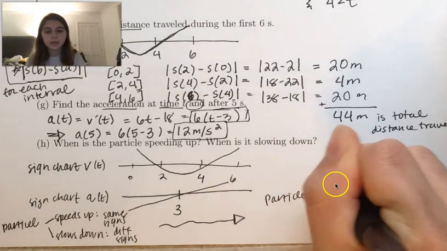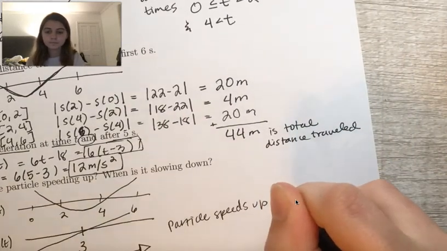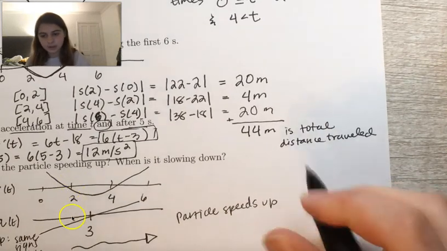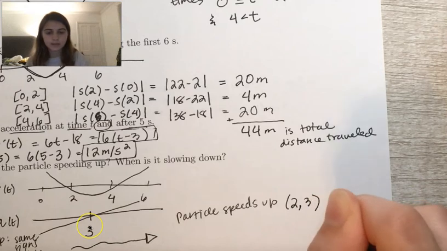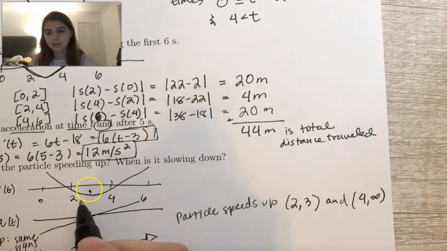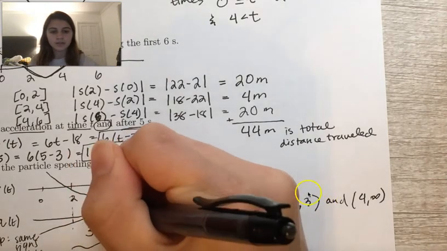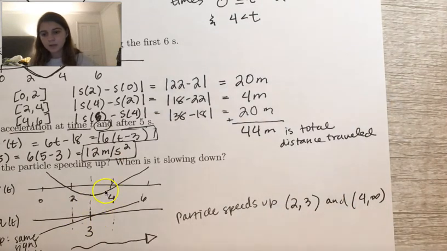So first we can look for where it's speeding up, where the signs are the same. And sometimes it's easier to draw dotted lines because the intervals aren't always the same. Like obviously this one doesn't have a 3, this doesn't have the other ones, but you're basically going to add these points in the number line so you can see which segments. So see, I have 2 to 3 because here it's negative and here it's negative, but between 3